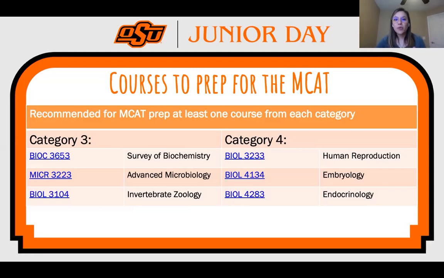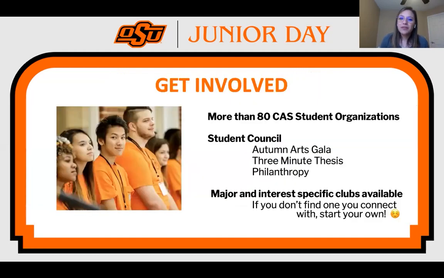This will be the kind of courses that you will be taking whenever you come on board with us and become a cowboy. Make sure you get involved whenever you come to campus. We are very happy to say that we have over 80 different organizations within the College of Arts and Sciences. Our organizations are mainly academically related, but OSU as a university, we have over 500 organizations.